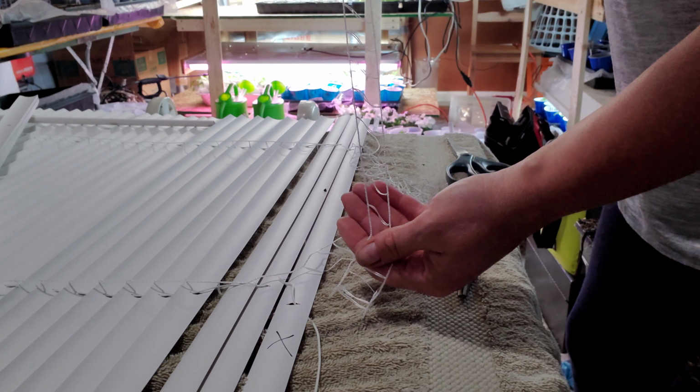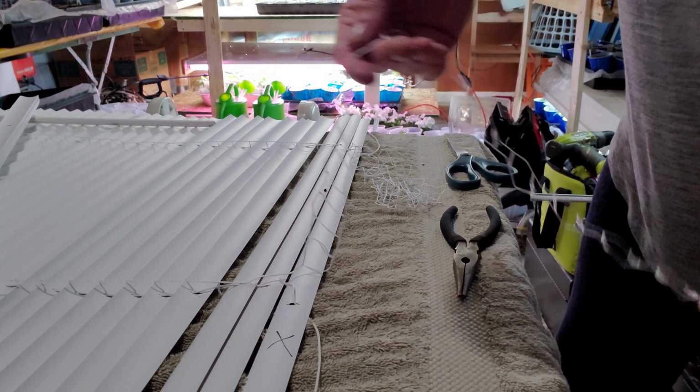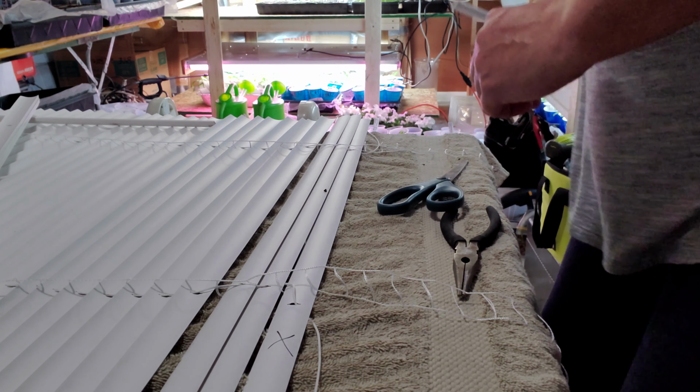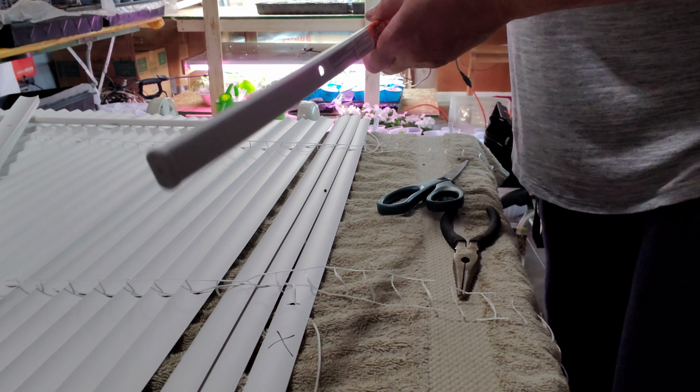This is a part of what we just pulled each blind out of. It looks like a little ladder. You leave these on. Don't cut those yet. I've done that. I've screwed it all up. Now I'm taking my metal piece. I'm going to reinsert it